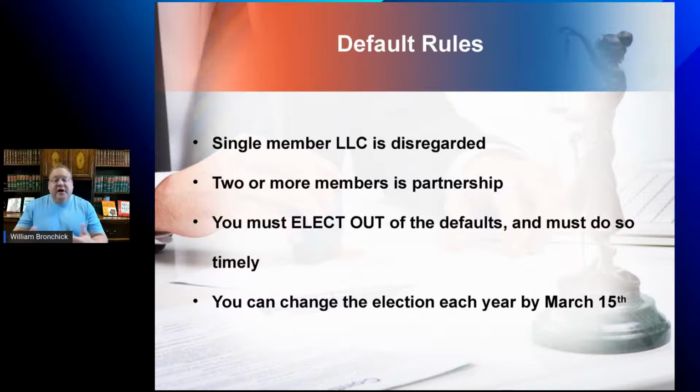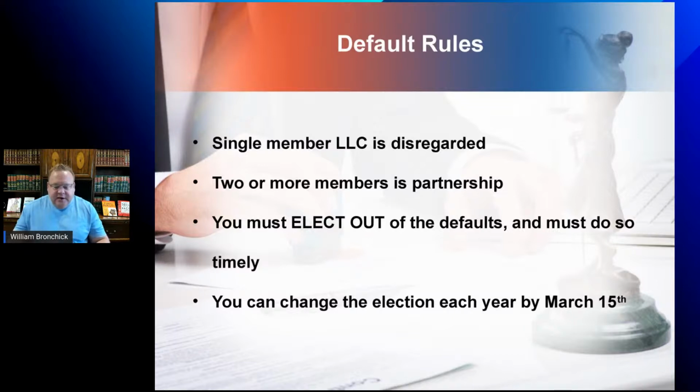So if you go on the IRS website and get an EIN number and say, we have two members, it's going to force you into a partnership. That's not what you want all the time. If you want to be disregarded and just report your rental income in a disregarded entity, then you would sort of tell a fib to the IRS system and say it only has one member, and then report it on your joint return. But if you put two, it's going to force you into a partnership, when then you have to file a form saying, I elect out of that. I don't want to be disregarded.